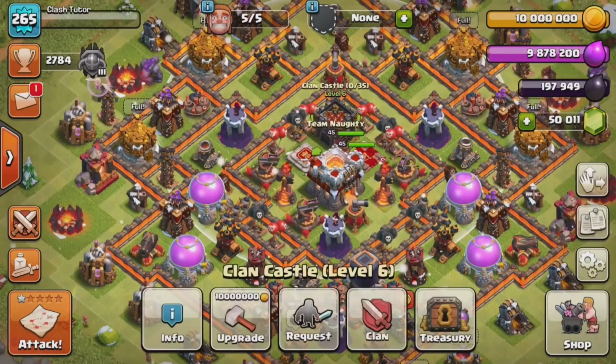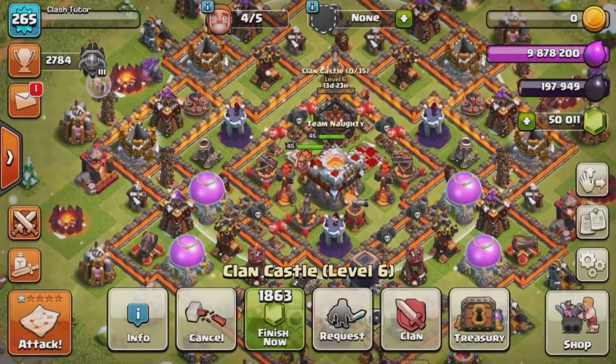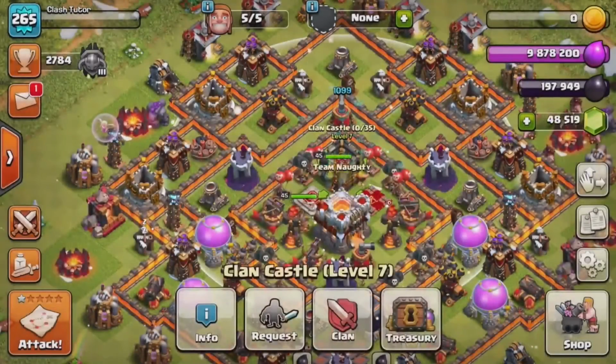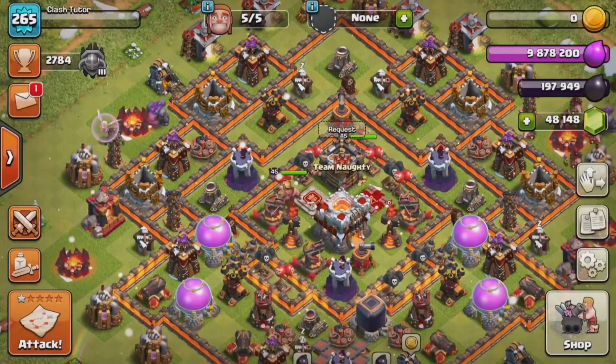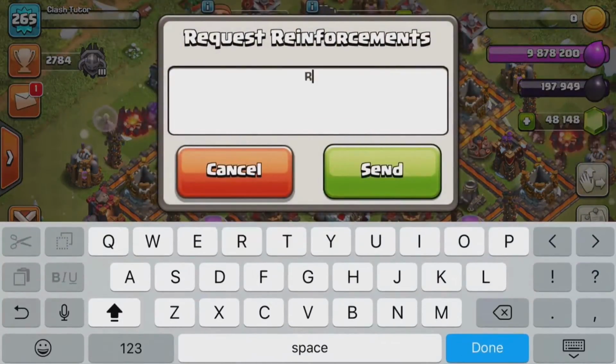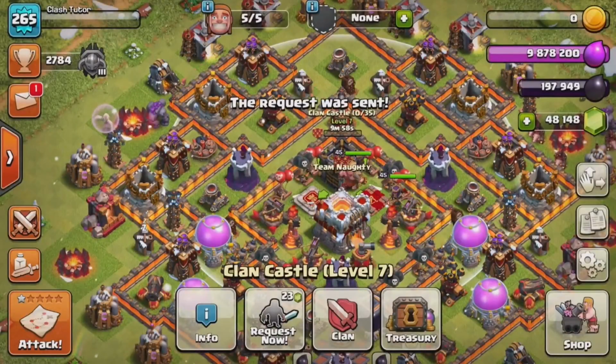The clan castle at Town Hall 11 is also increasing to level 7. Now, this doesn't mean that you're going to be able to hold 40 troops in that level 7 clan castle. It means you're going to be able to hold 2 spell space. Now, that means, yes, you can take 2 poisons, or a poison and an earthquake, or 2 haste, whatever you want,